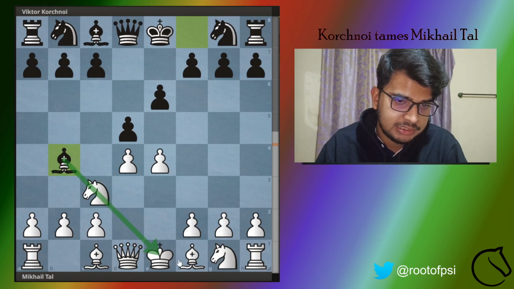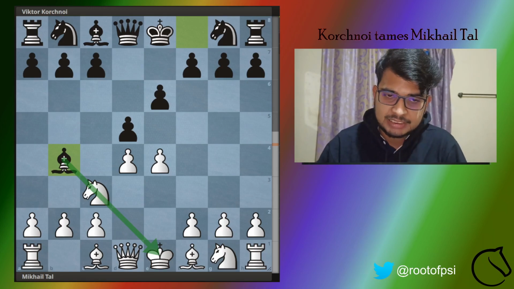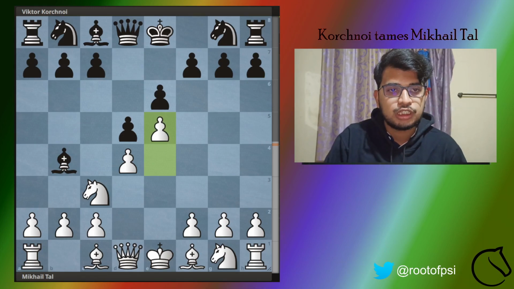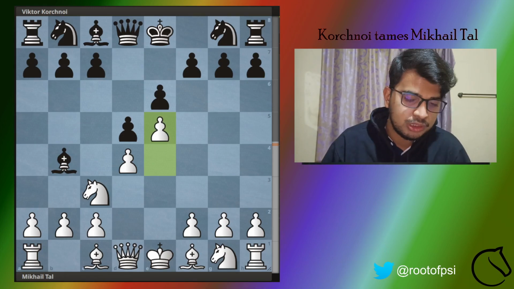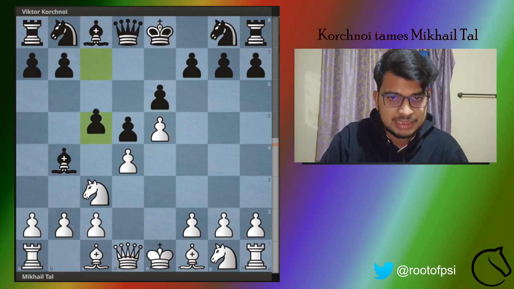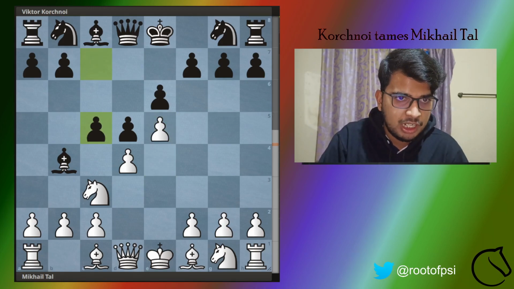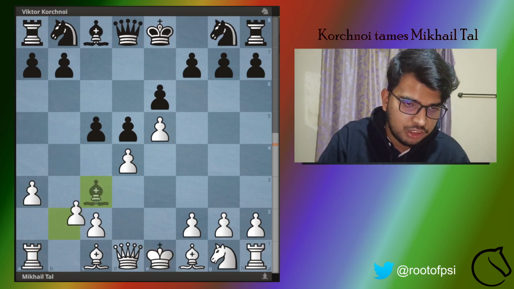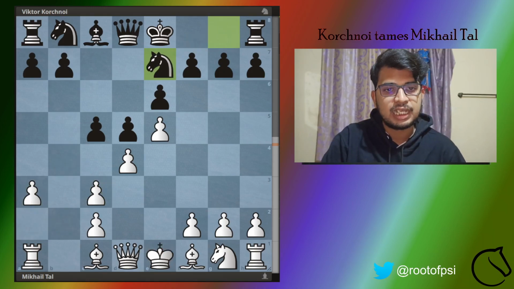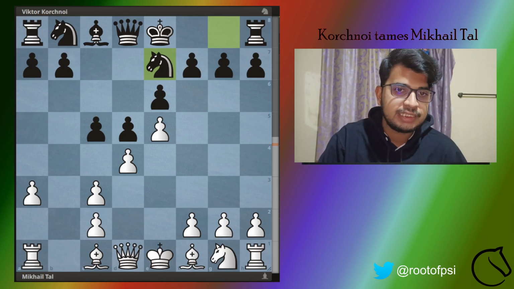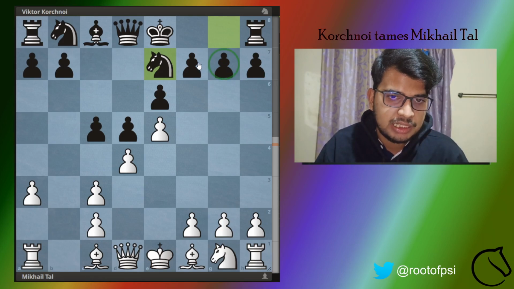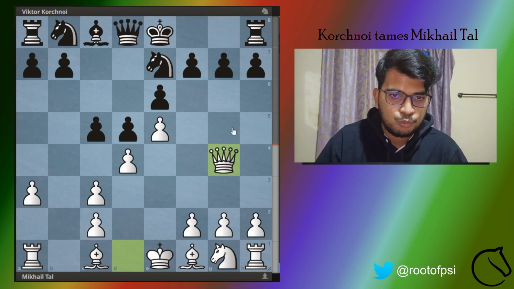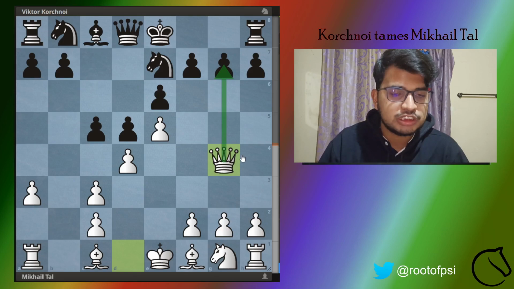Now you can see that this bishop pins this knight, and this is the beginning of the Winawer variation of the French. In this position, Mikhail Tal advances his pawn and takes full space in the center, and we have c5 from Viktor Korchnoi pressuring the center, and a3, wherein after takes and takes, knight moves to the e7 square. You can already see that the king side is weak, so he plays queen to g4, putting pressure on the g7 pawn.